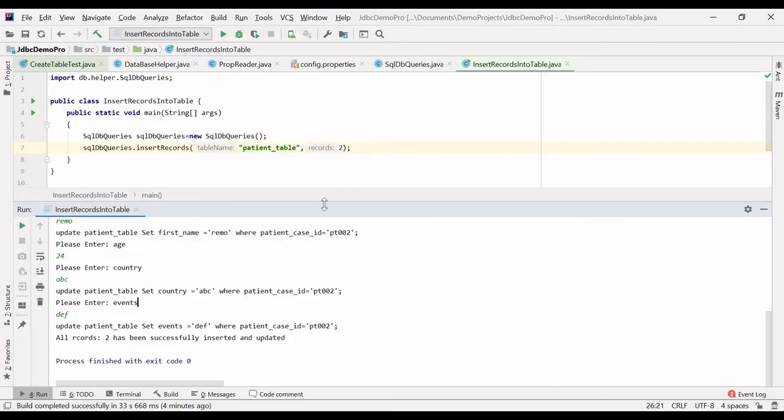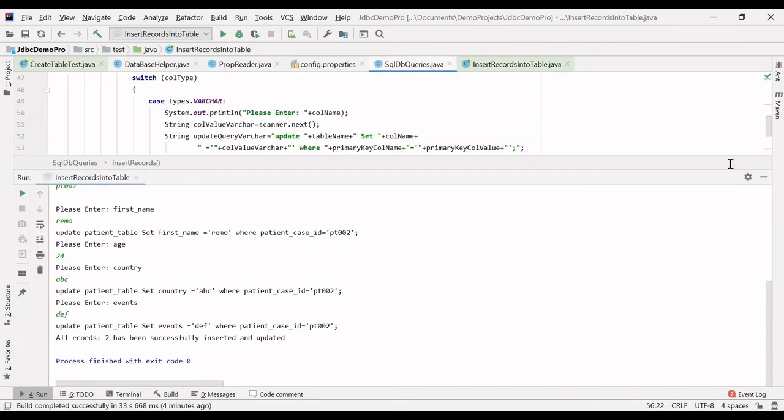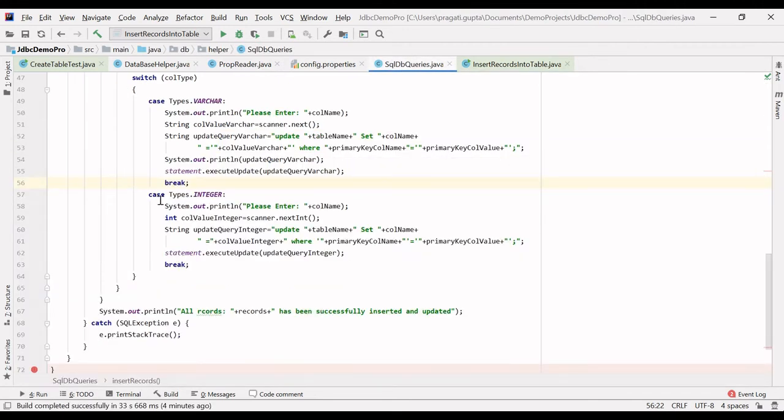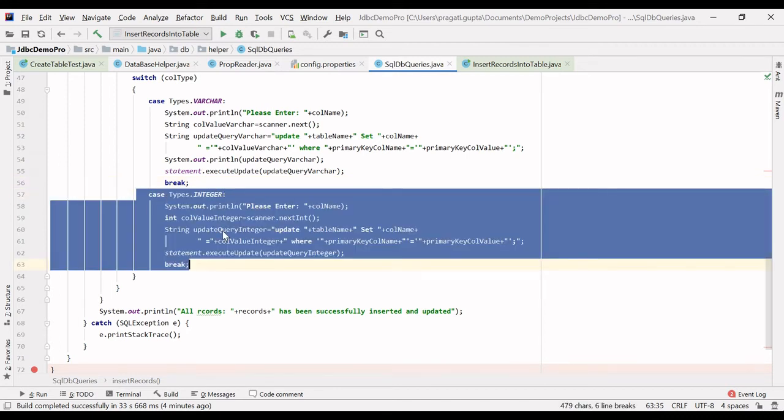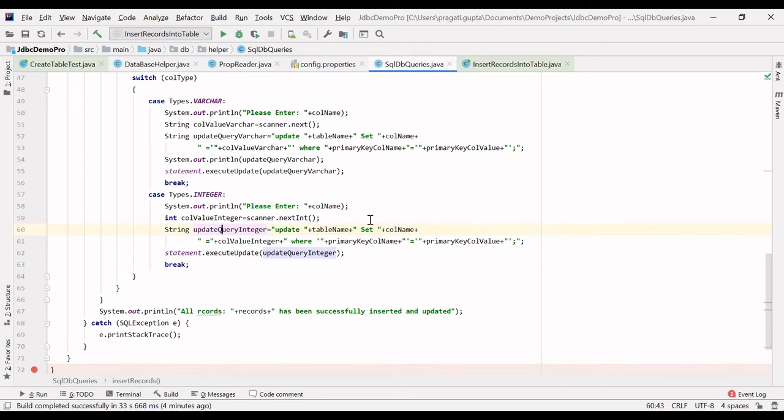This is the code, and open this SQLDB queries. This is the integer block where we are updating the age. Now please pause the video and let me know in the comment section. And now I'm going to reveal what the issue actually is.